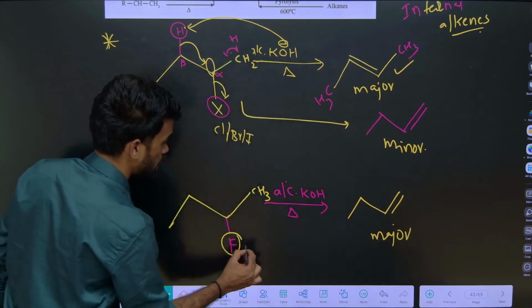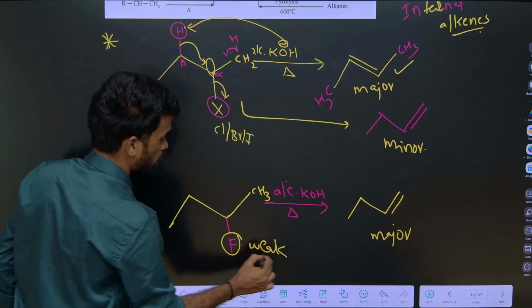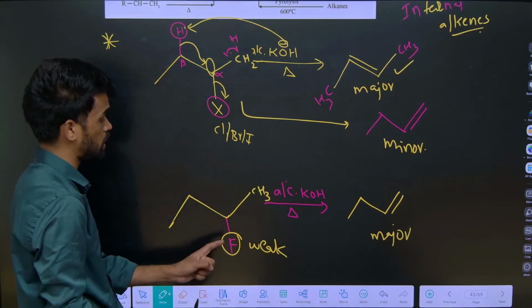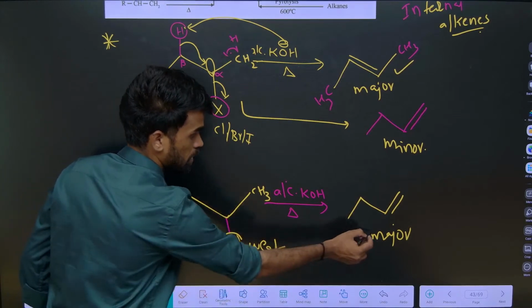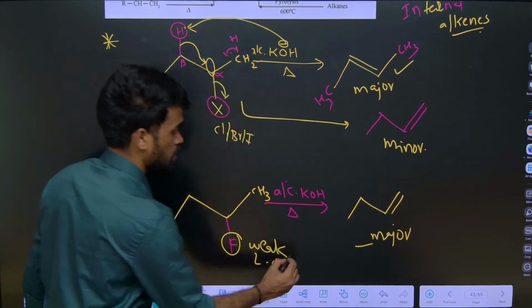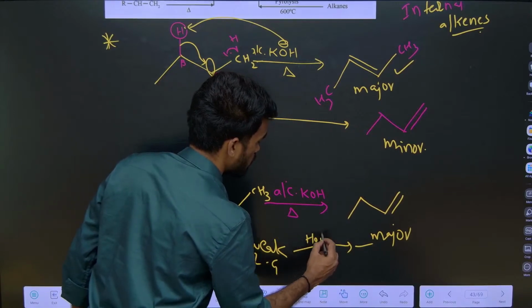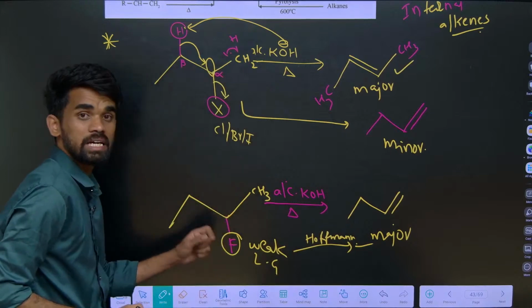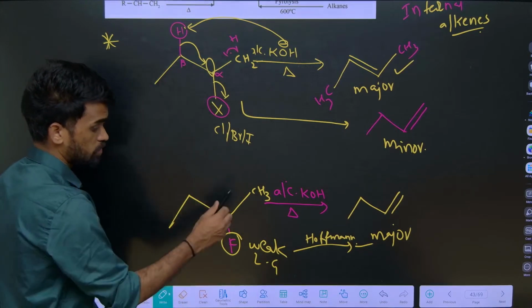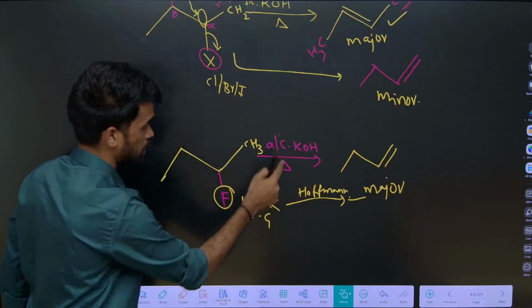When we have a weak leaving group, fluoride ion is a weak leaving group, fluorine is a weak leaving group, therefore we will be getting the Hofmann product as the major product. This is what we get as the major when we have a weak leaving group. And also when we use some bulky base,